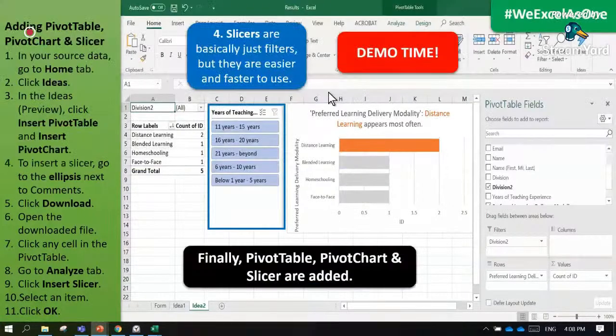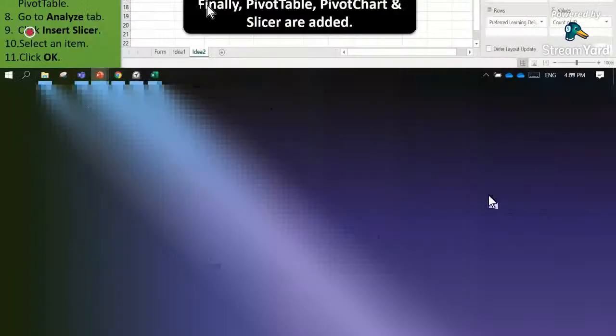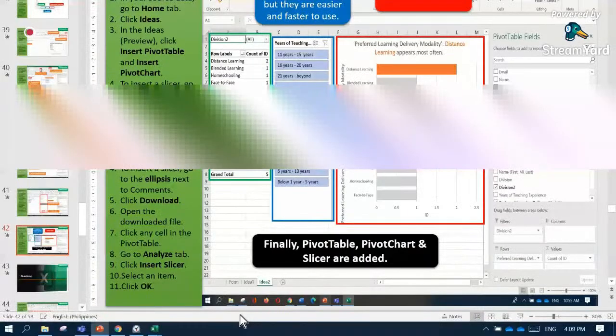So let us now have the demonstration, since we have finally added a pivot table, pivot chart, and slicer in our workbook. Let's split the screen first and then select the Teams application.